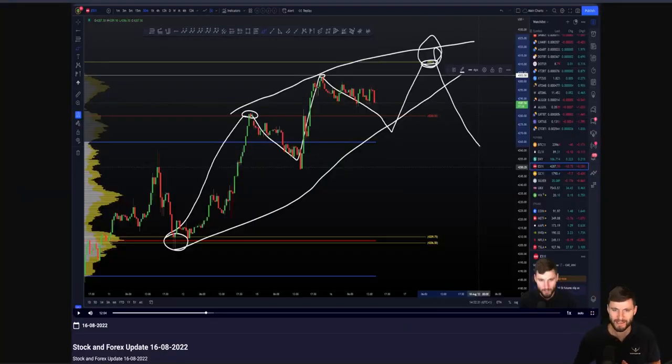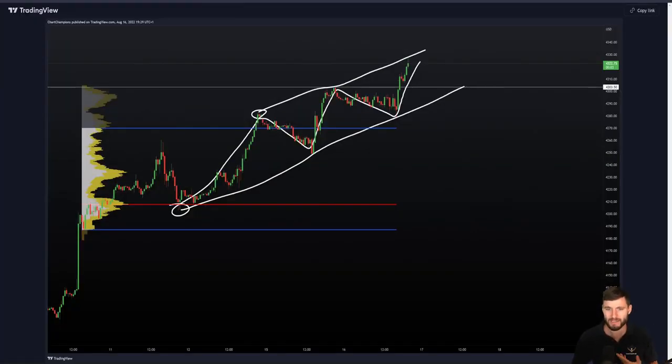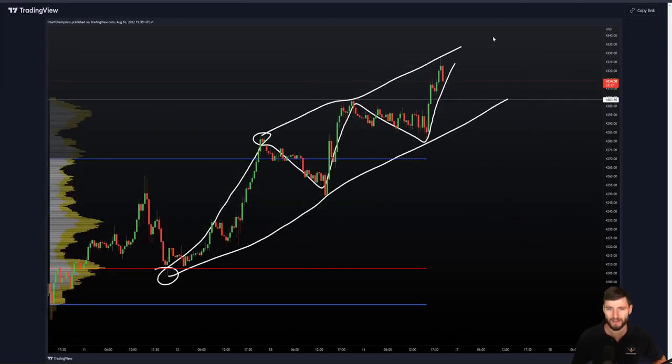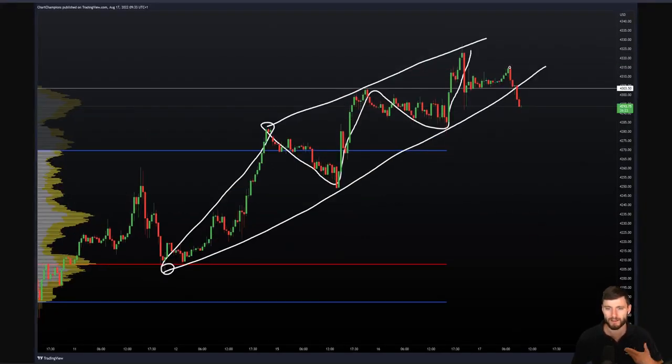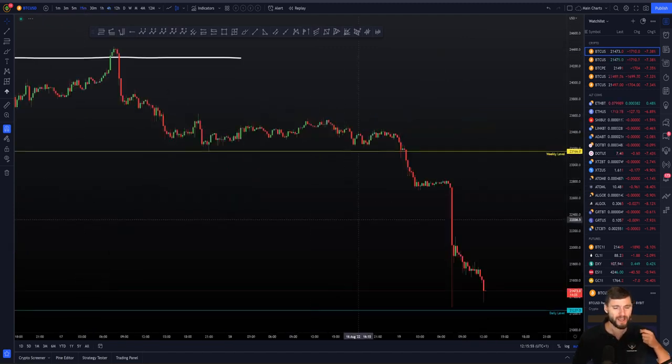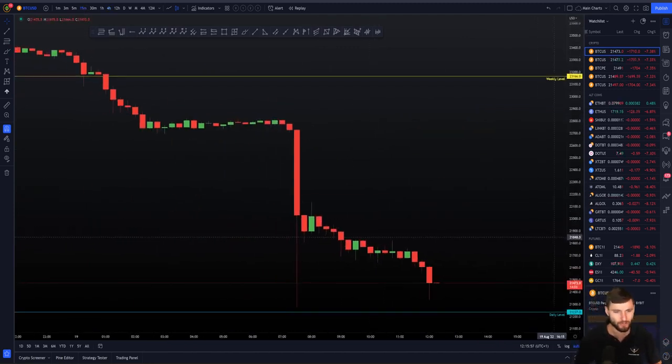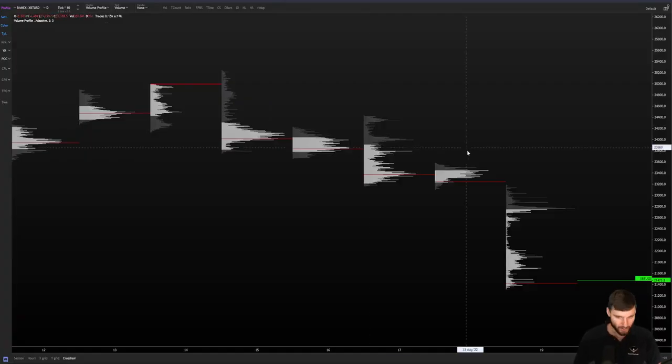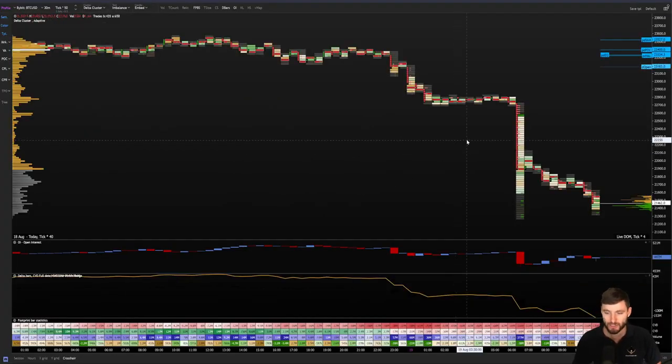But once again, the ES here has been absolute key to that prediction. The way that we come up and hit that trend line, we started to get the pullback, losing the lower trend line, really accelerating the drop here on Bitcoin. It really has played a great part in the role. So yeah, as I told you, I'll talk you through what I'm looking at right now. Right now I am remaining short on Bitcoin. Okay, that is the scalp shorts, that is the swing shorts.